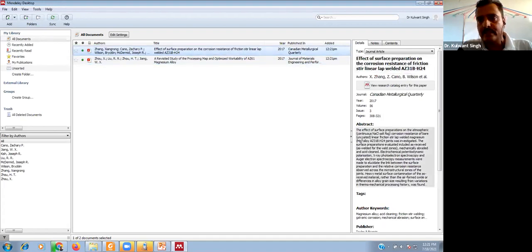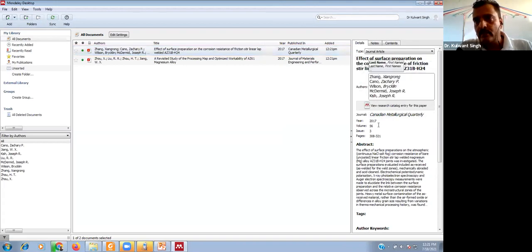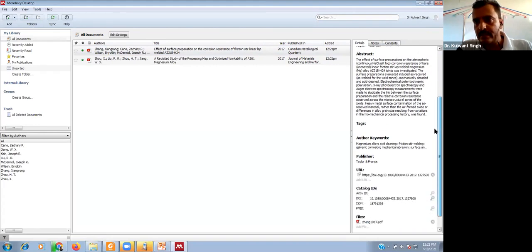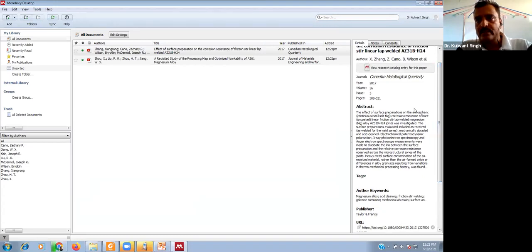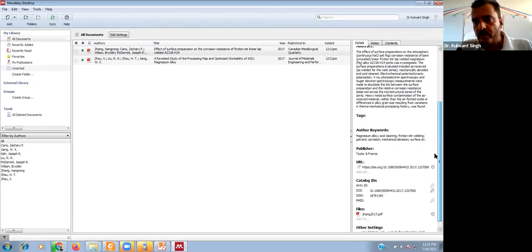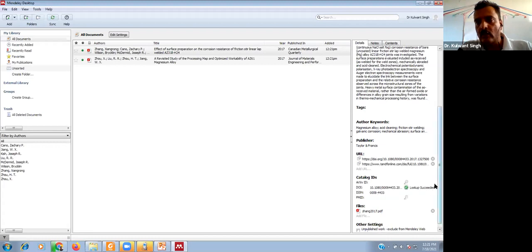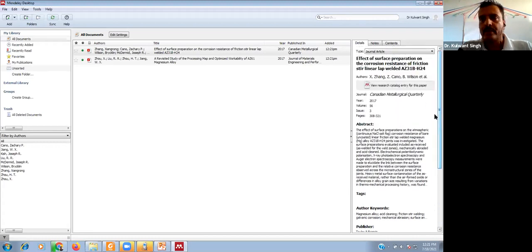This right-hand side is the review section. In this section, you have to check if any detail is missing, such as the title, author's name, and other details, because these details are essential for our reference purposes. So these details should be correct. Sometimes some details are missing, then you can look up the DOI. If the DOI is there, click on this option and all the missing details will be updated automatically.